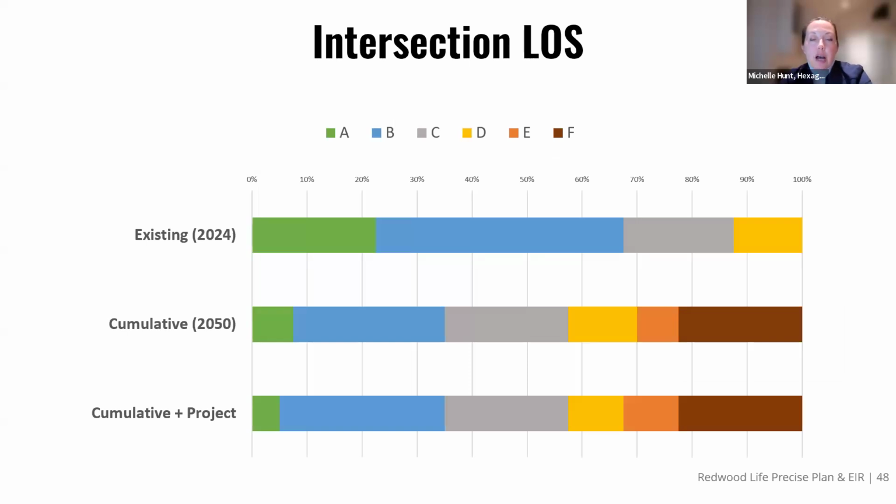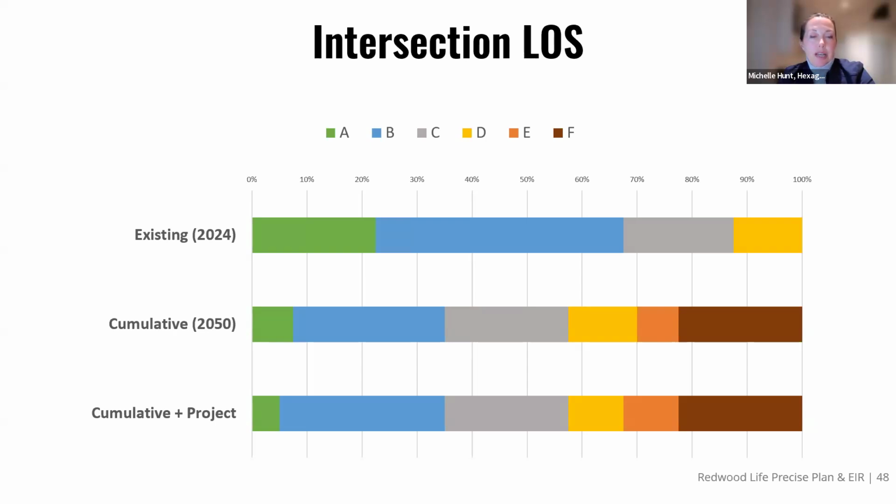So this gives an indication of the range of level of service under each of the scenarios. Under existing conditions, you see all of the intersections are operating at level of service D or better. So A is green, the blue is B, gray is C, and D is yellow. So all 20 intersections are at level of service D or better, so they're all within the city's